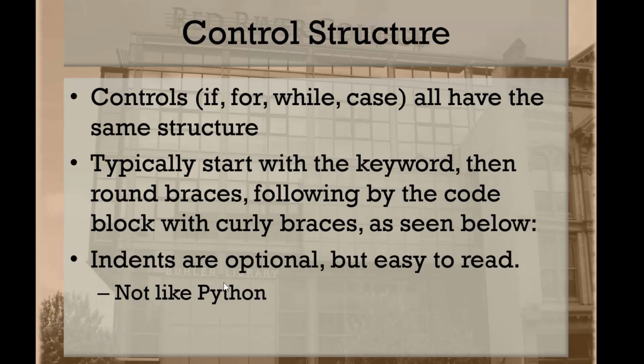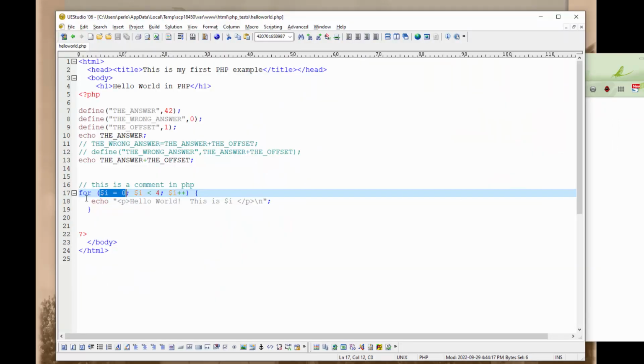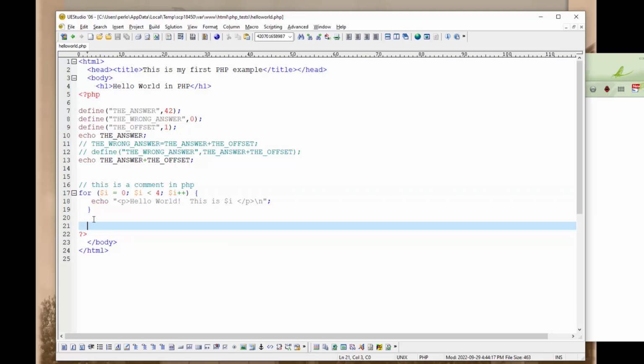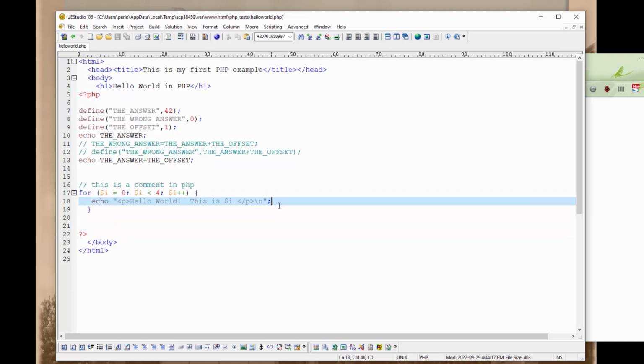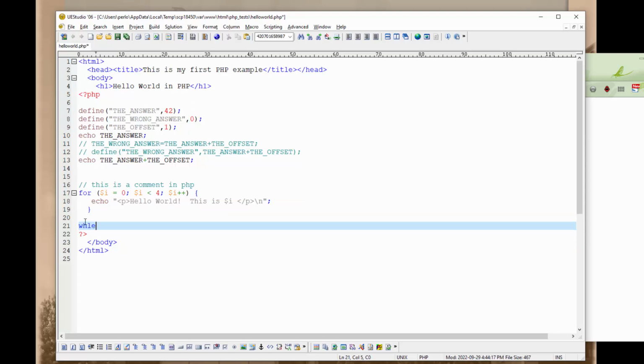Control structures. Well, again, we've already seen an example of a control structure, but the for, the while, the case, all of these are examples of control structures. We already have an example of a for structure here. We can also do a while structure as well. We can say while some condition, $j is less than 10,